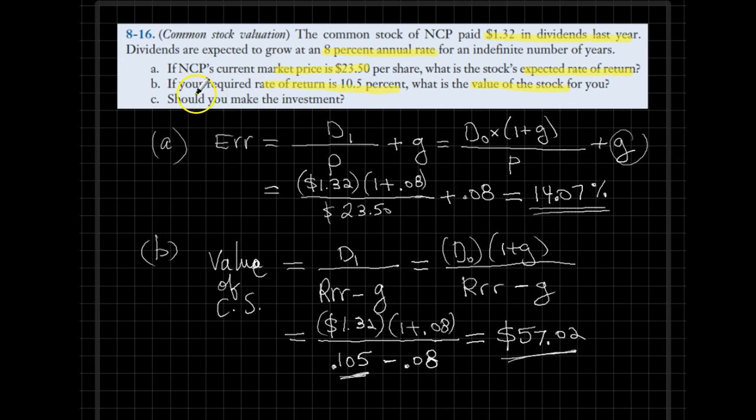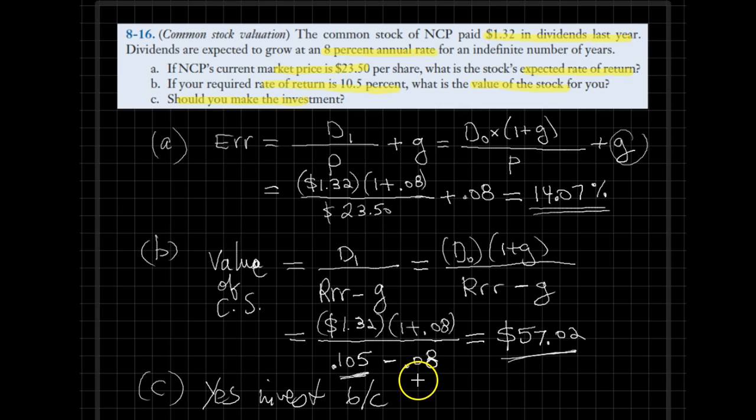In the last part of the problem, should we make a decision to buy this stock? Again, as we did earlier, we can make that decision either based on the expected rate of return versus required rate of return comparison, or based on a value versus price comparison. But regardless of which method you use, the answer will not change. In this example, we would invest in this stock. So we would say yes, invest,